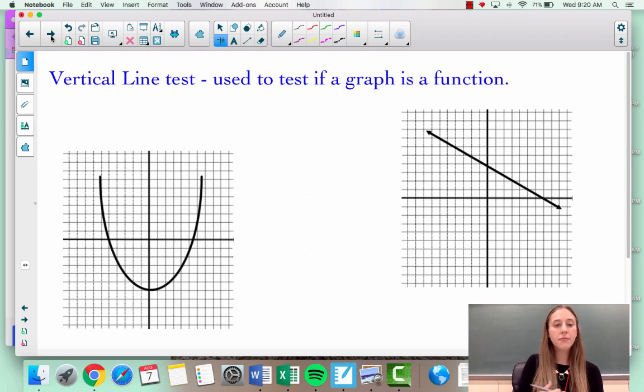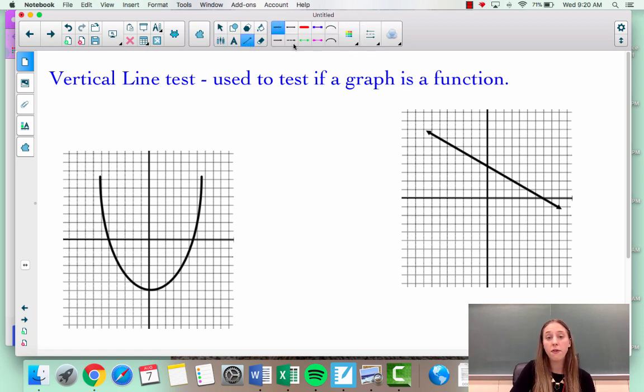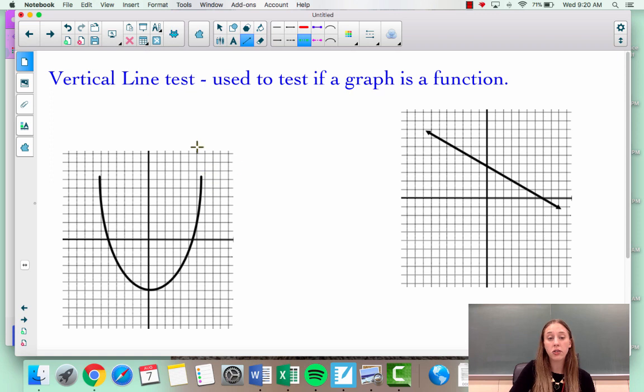The next thing is the vertical line test. So these are when you're looking at the graph form of functions or relations. The vertical line test is used if you are trying to determine if a graph is a function, okay? Because not all graphs are considered functions. And all you have to do on this is take a graph and then use a vertical line. I'm just going to draw a green dotted line. And if you drag that line across the graph, it will pass if it only hits the graph one time